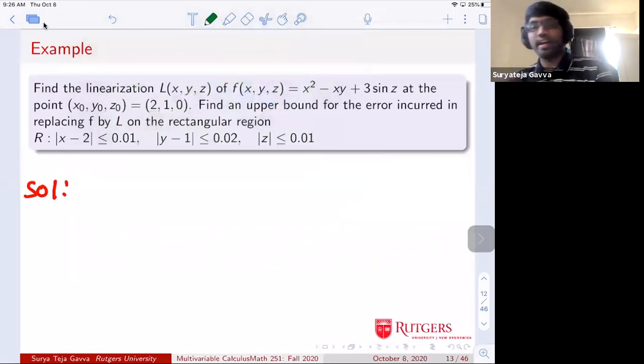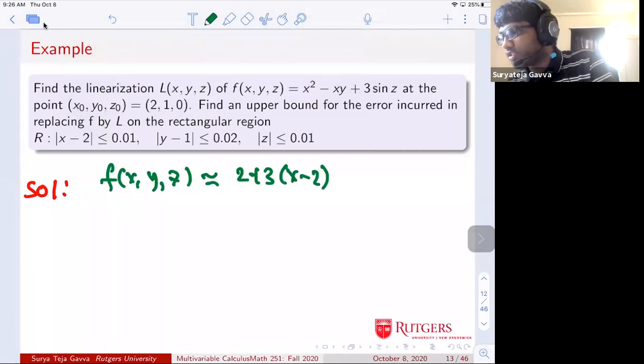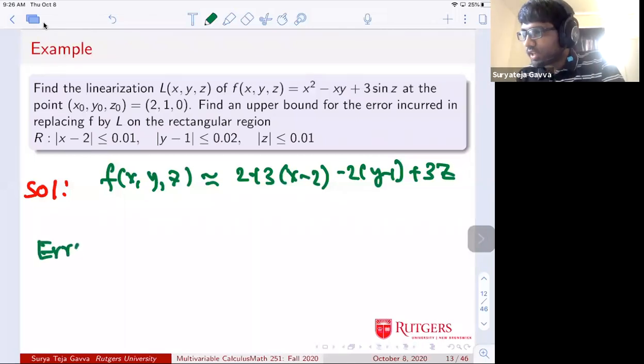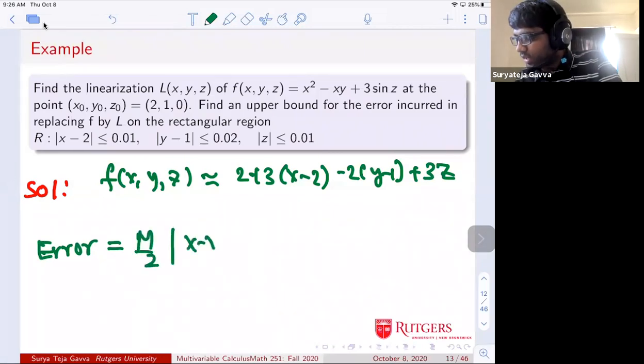So how do you find the error? We have f(x,y,z) is approximately this expression, which is 2 plus 3x minus 2, minus 2 times y minus 1, plus 3z. This is the same problem from the previous stuff. So this is approximate. When you want to know the error, what is the bound on the error? The error bound turns out to be M over 2 times (x minus x0) plus (y minus y0)